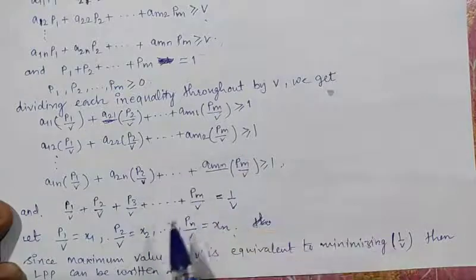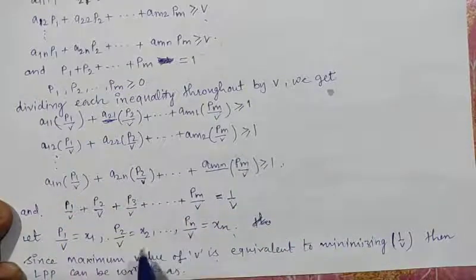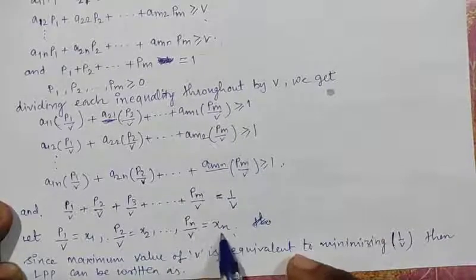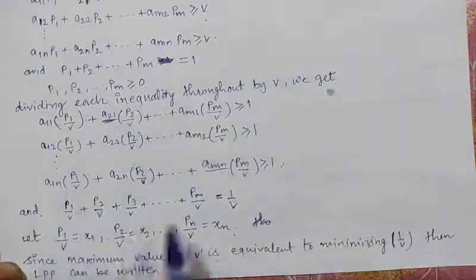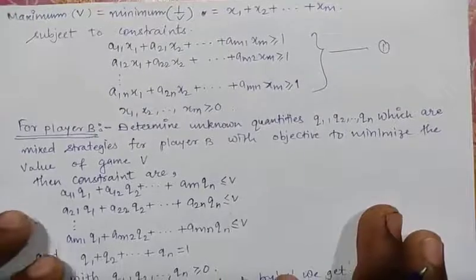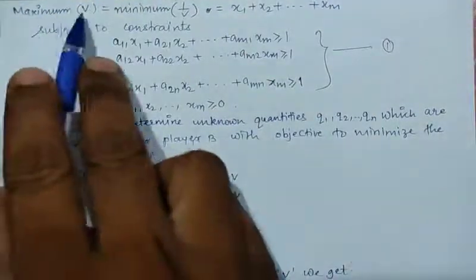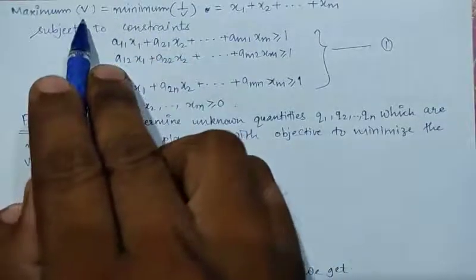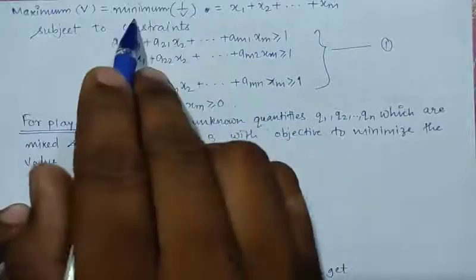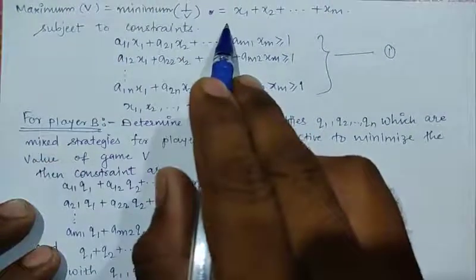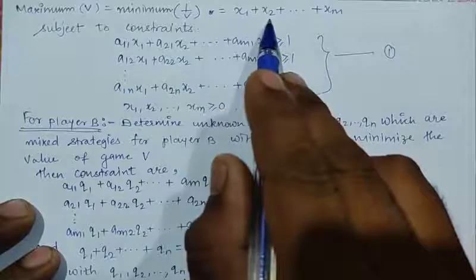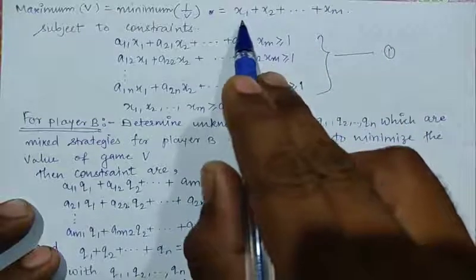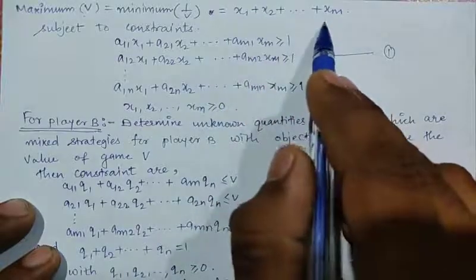This LPP can be written by substituting P1 upon V as x1, P2 upon V as x2 and so on, Pm upon V as xm in these inequalities. So maximize V is equal to minimize 1 upon V, because we are given that V is maximized. In this case 1 upon V will be minimized, and we know that it has the value P1 upon V plus P2 upon V plus up to PM upon V. So we know that P1 upon V is x1, so it is x1 plus x2 plus up to xm, and subject